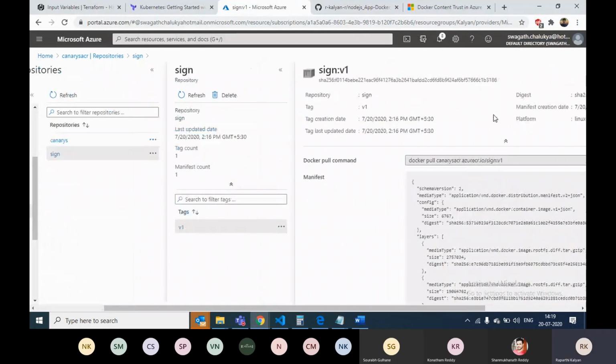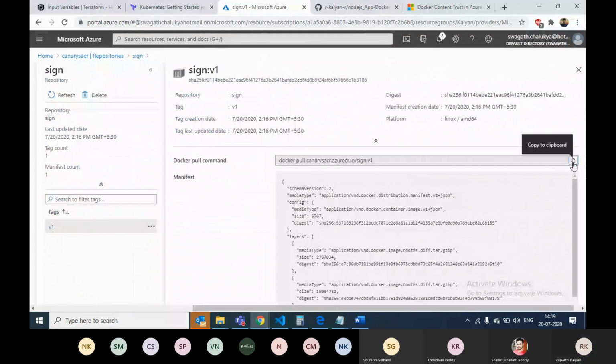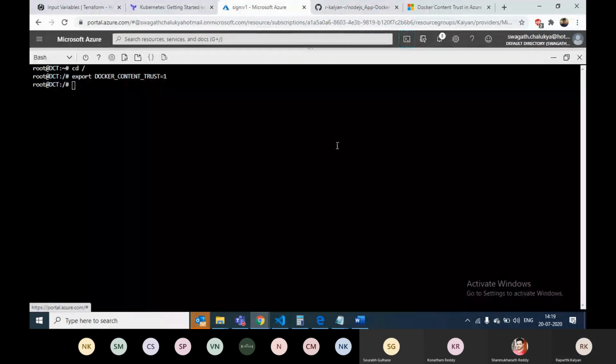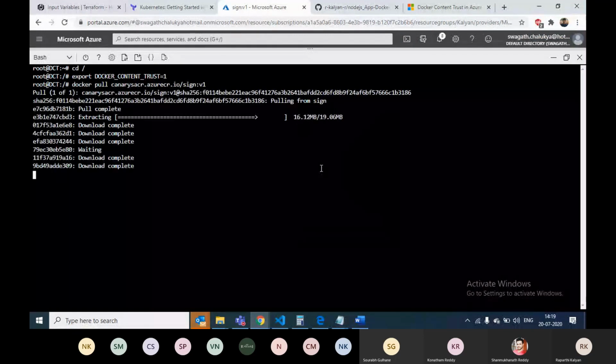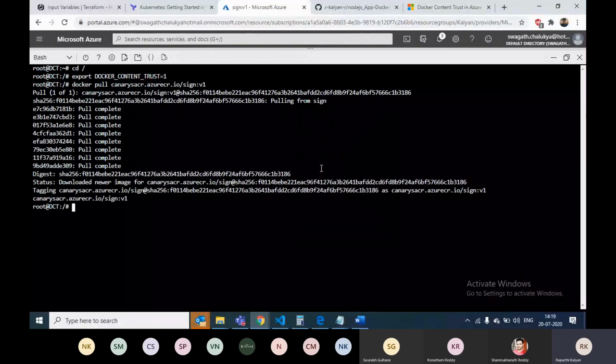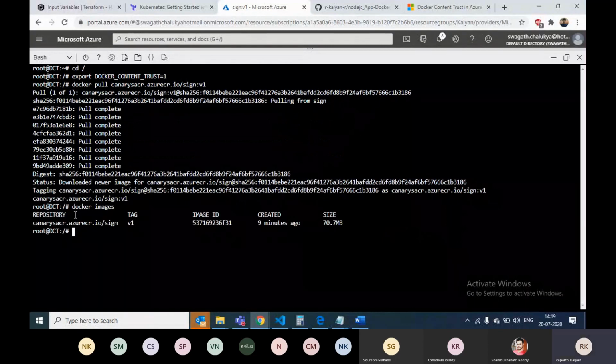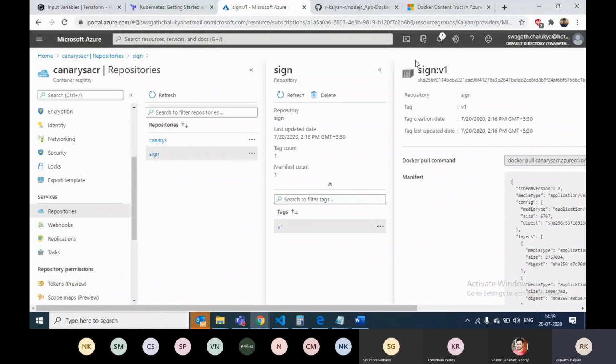Yeah, now I'll just pull the signed image. It is pulling, and you can see in Docker images, the image with signed has been pulled. Now I'll pull the unsigned image.